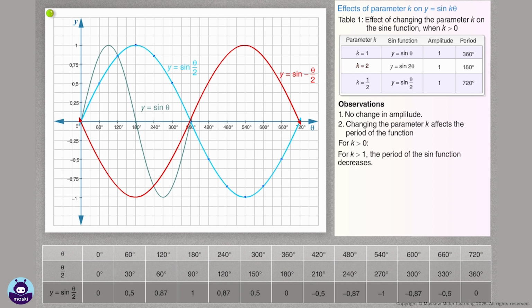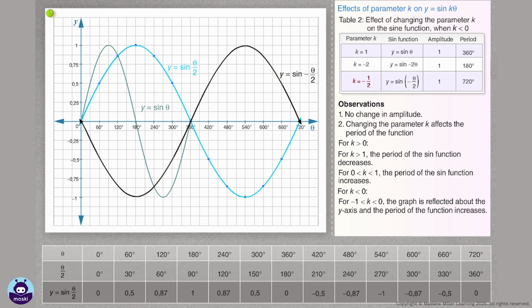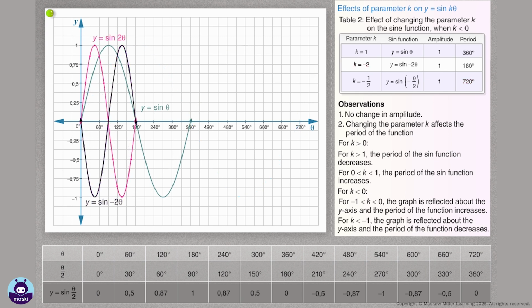For k greater than 1, the period of the sine function decreases. For k greater than 0 but less than 1, the period of the sine function increases. For k greater than negative 1 but less than 0, the graph is reflected about the y-axis and the period of the function increases. For k less than negative 1, the graph is reflected about the y-axis and the period